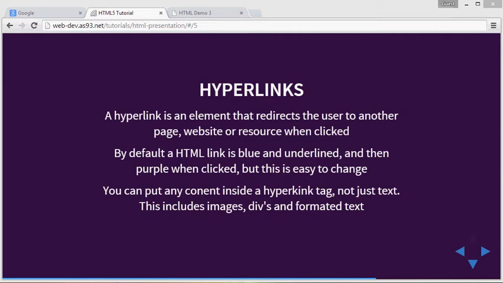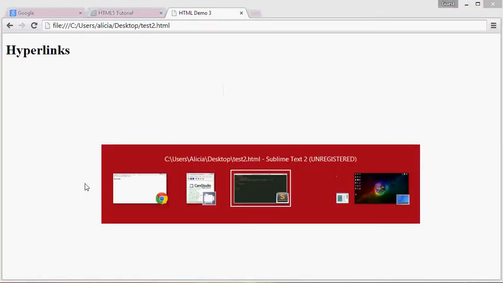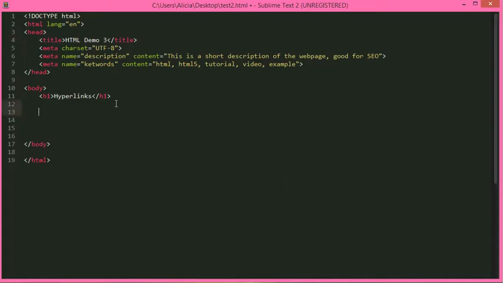In this video we're going to be looking at hyperlinks. So you've all seen hyperlinks before, or anchor elements as they're also called. They're basically elements which when you click them take you to another page or another website or another resource or anything like that. So to make a hyperlink you just use the A tag